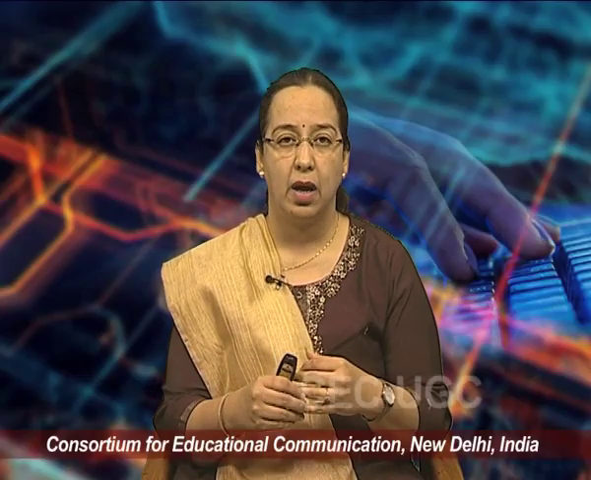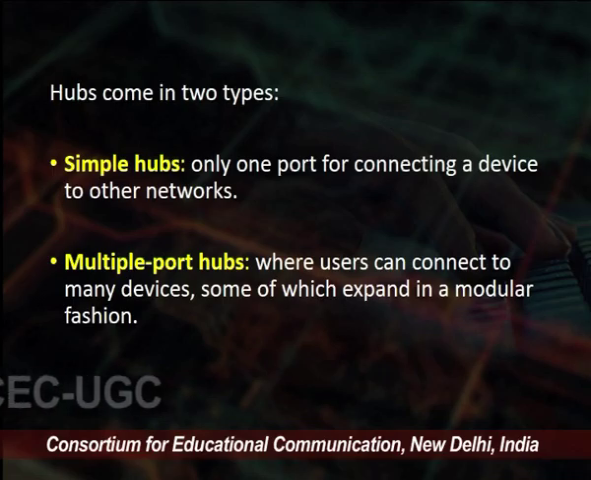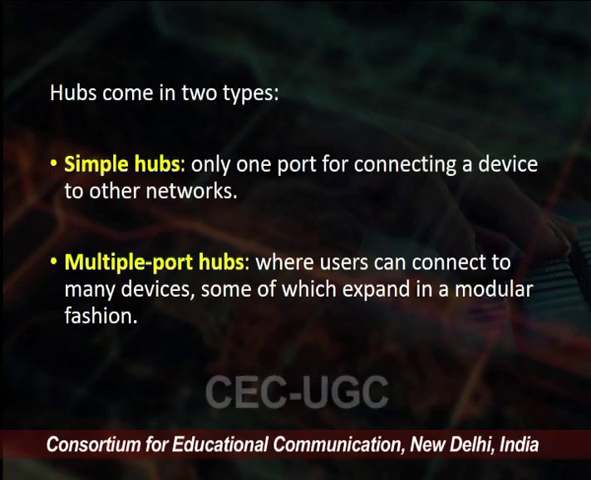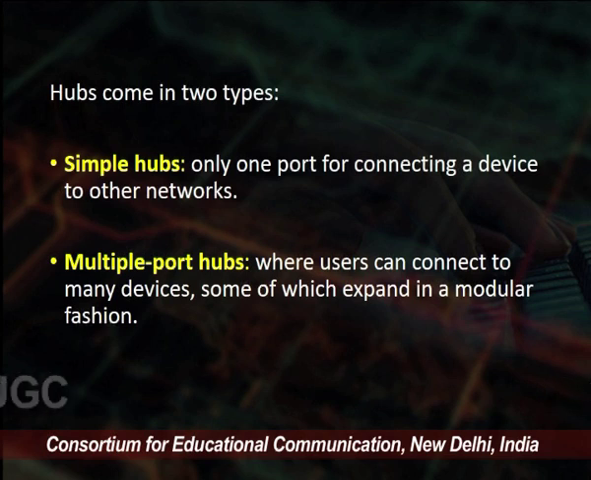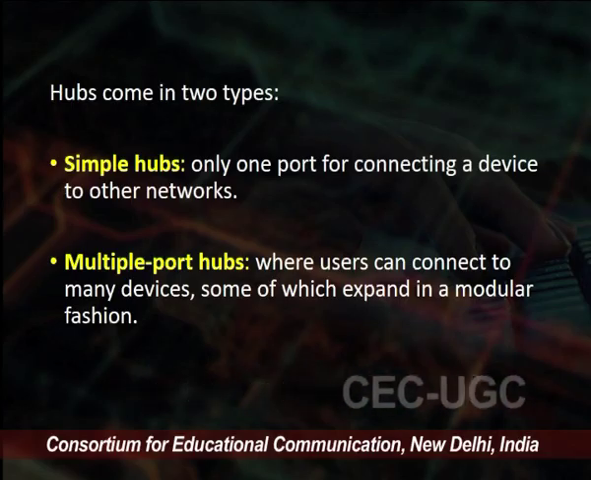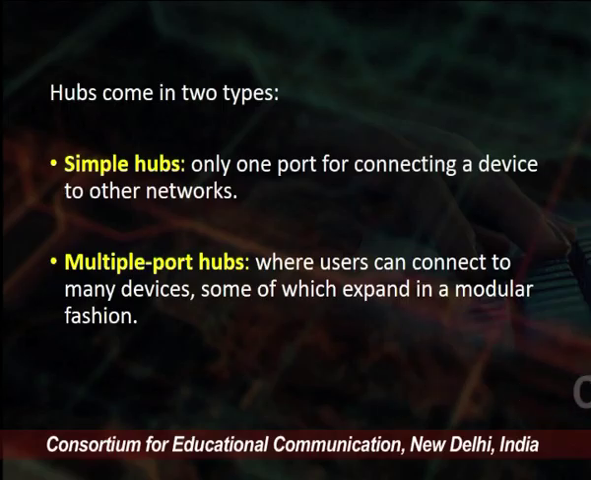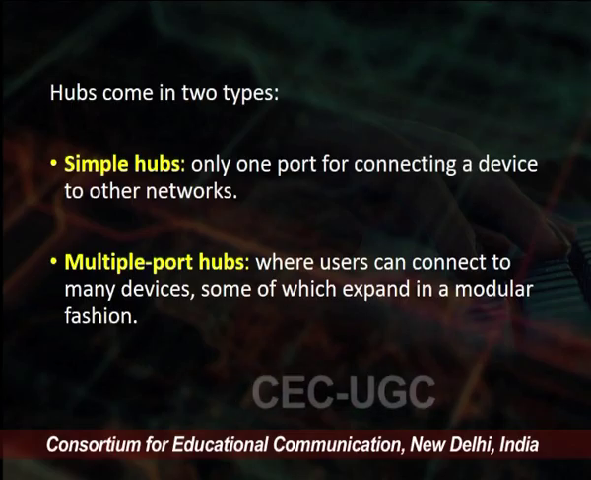IEEE 802.3. Now if we talk about the types of hubs, there are two types. One is a simple hub, another is a multi-port hub. A simple hub has only one port for connecting a device to other networks. The second is multiple port hubs. There are multiple ports in this, and a user can connect many devices, some of which expand in a modular fashion. So if you want to connect more devices, you can use multiple port hubs, or you can use simple hubs if you want to connect one device